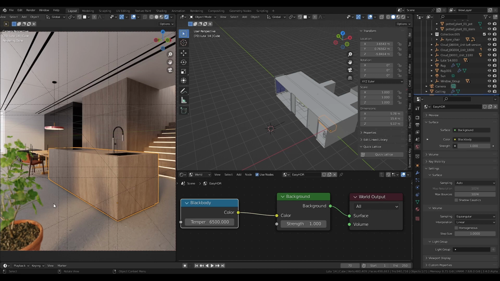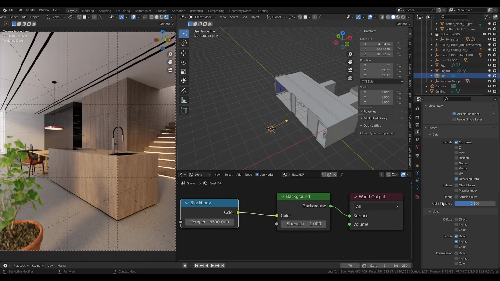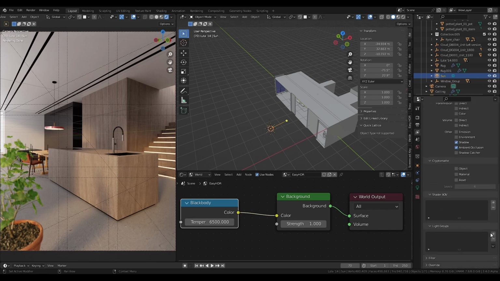So let's get started. First of all, I have four light sources in my scene. I have the lamp and the stair and the environment, and I have the sun. So I need to add each light to a separate layer. To do that, I need to go to the view layer properties and go down to light groups, and I need to create 4 light groups. So 1, 2, 3, and 4. I need to name them to be more organized. So I will name this one environment, the second the sun, the third lamp, and the fourth